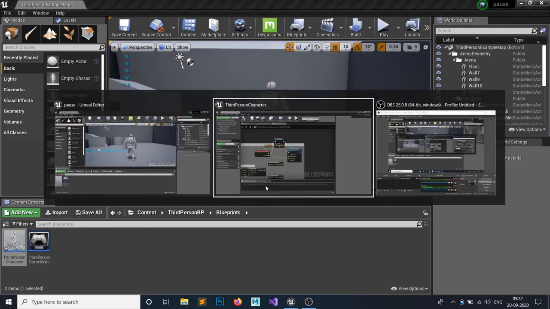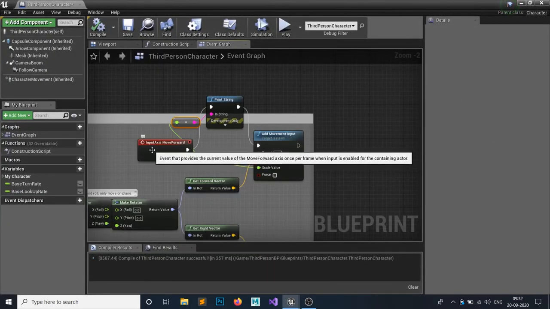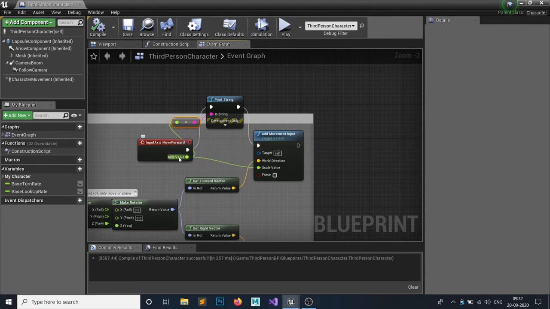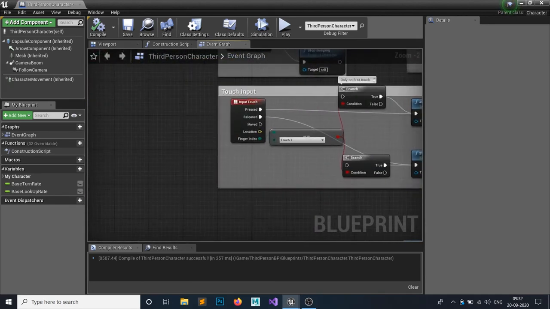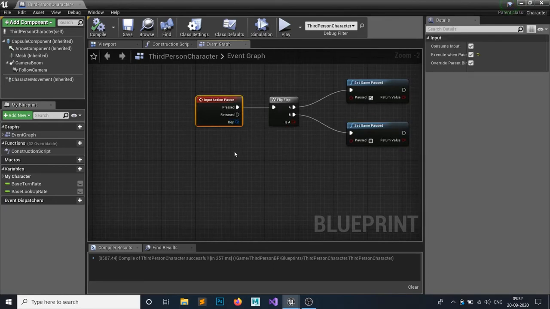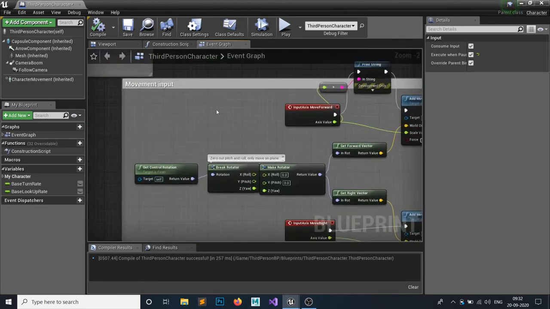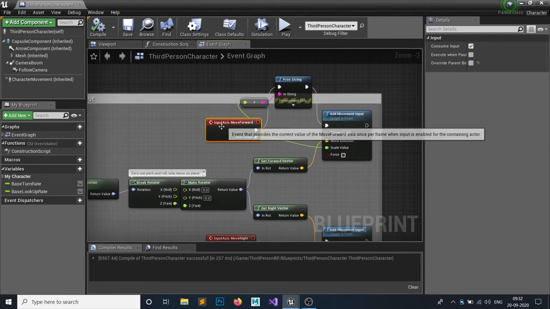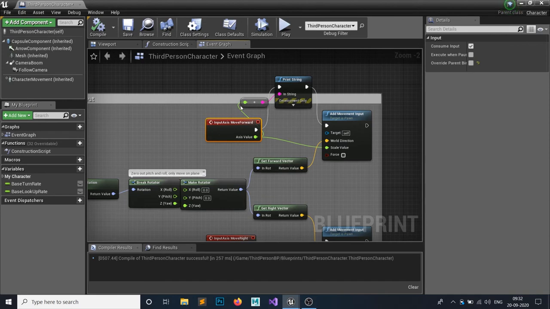So this move forward, the axis value, it is listening to the value of your keyboard's input but for axis, not for inputs. So you might find, when we have pressed the pause button, the press then release, because those are the two inputs. You can press a button and you can release a button. But in your axis mapping, let's imagine a joystick of your controller or your gamepad. The axis value is currently 0 because we are doing nothing.